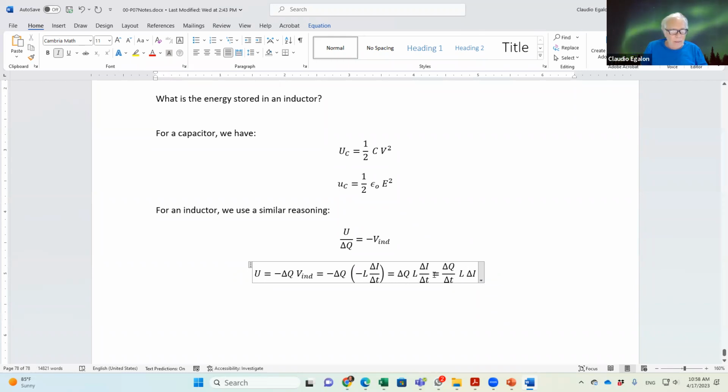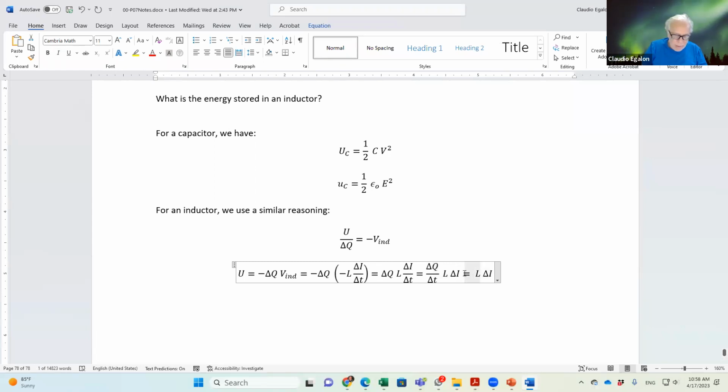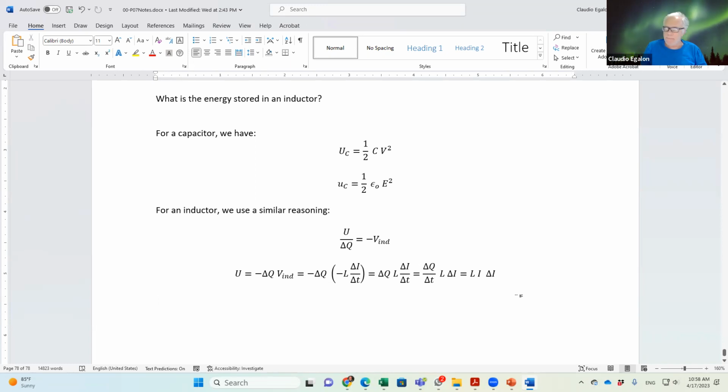Okay. And then what we have here? We have L I delta I. Okay. That's the work done by the generator to increase the current. Okay, the work done by the generator to increase the current, and don't forget